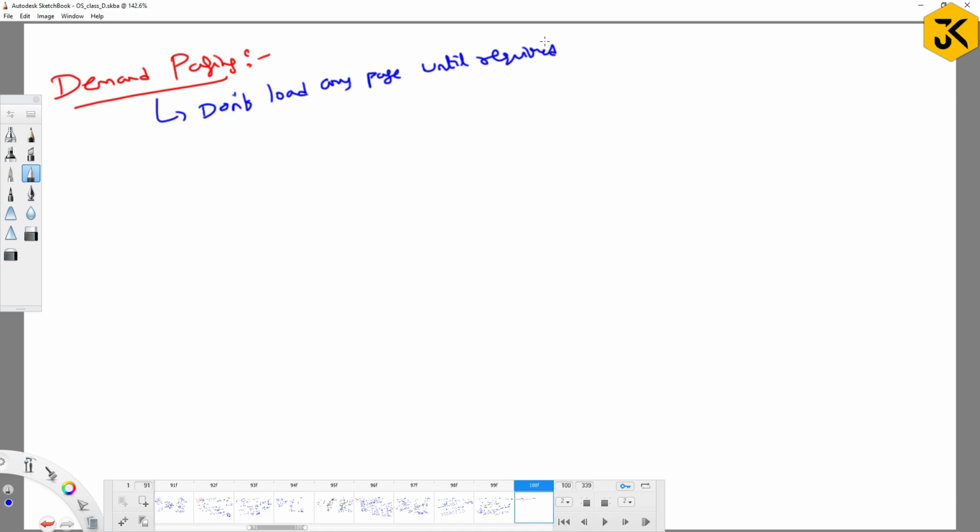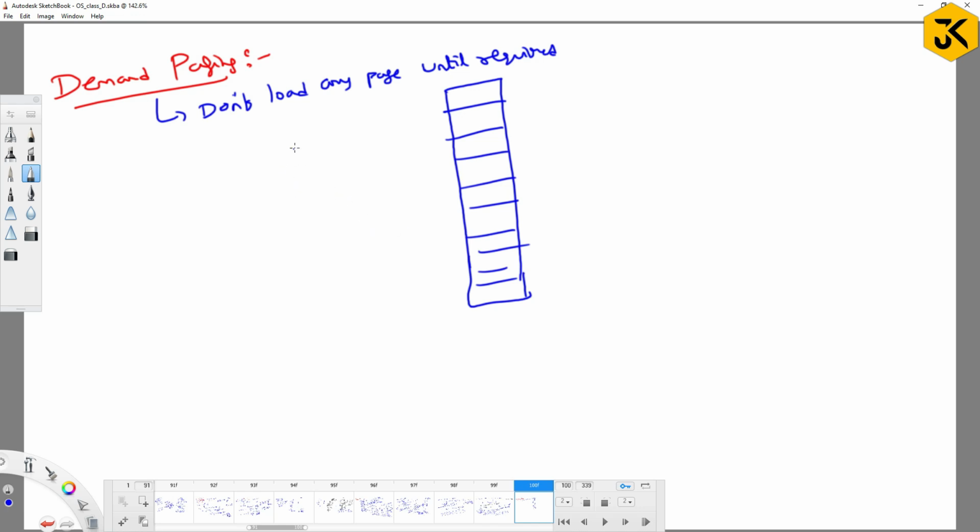Which means, do you require any page table now? I am going to have main memory and this is going to have some parts. If I am going to load anything, I have to maintain it in the page table. As I am not going to load anything, I am directly loading it, if required, into the main memory. Is anyone required in the middle? No need. So here, to reduce the access time,